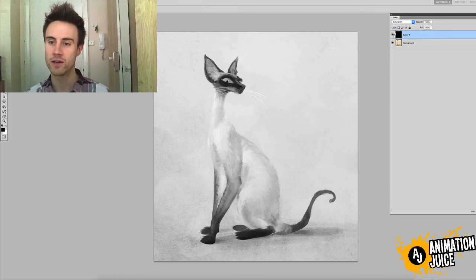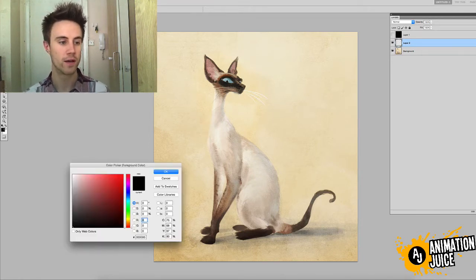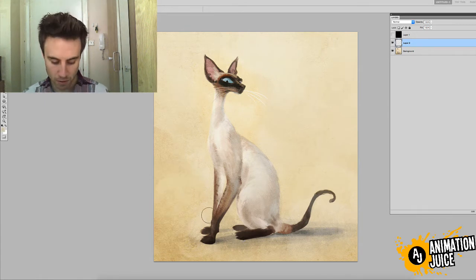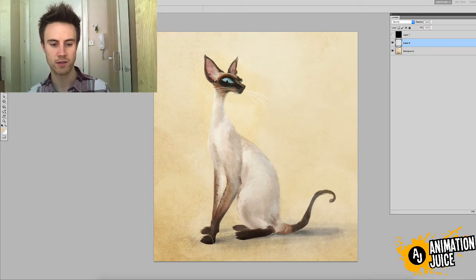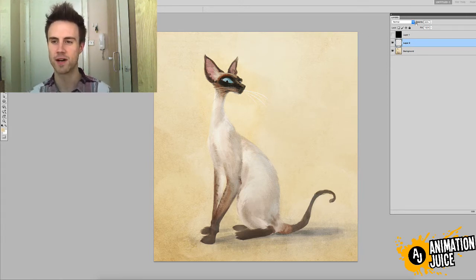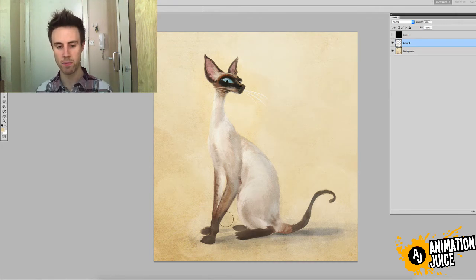So what I'm going to do is turn off our saturation layer and get a soft brown brush and pick up a colour around here. Knock the opacity down to about 50% and just paint maybe on top of there. Just knocking it down a little bit, adding almost a little bit of mist around the feet. Maybe a bit of dust. It looks like it's in quite a sandy environment. And just something to knock back